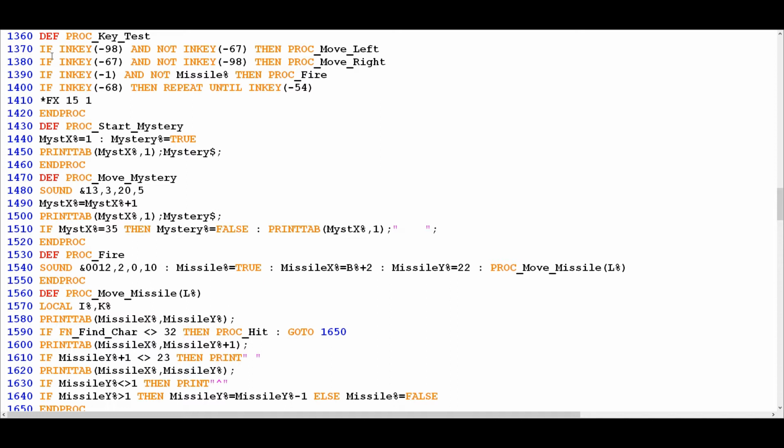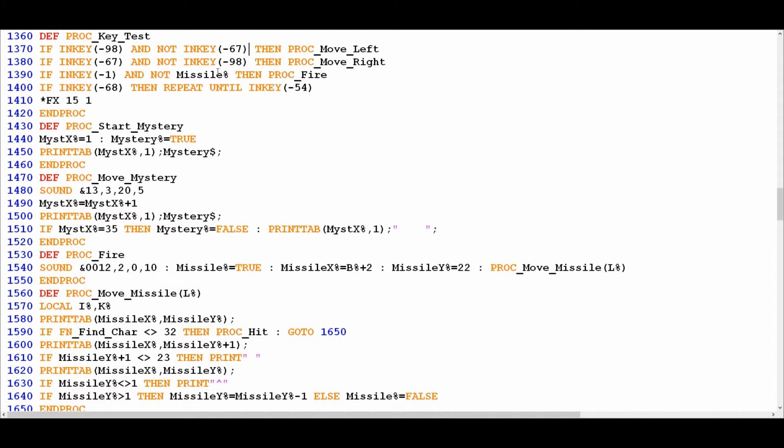And you'll notice that it's very straightforward logic. If a key, which we'll look at in a minute with this InKey function, tests for a particular input, then depending on what that input is, it calls the corresponding procedure. So if you press a key that indicates you want to move left, it calls the procedure to move left. Likewise, if you press a key that indicates you want to move right, it calls a procedure that moves your ship right. Alternatively, if you hit the fire button, it calls a procedure to fire a missile,